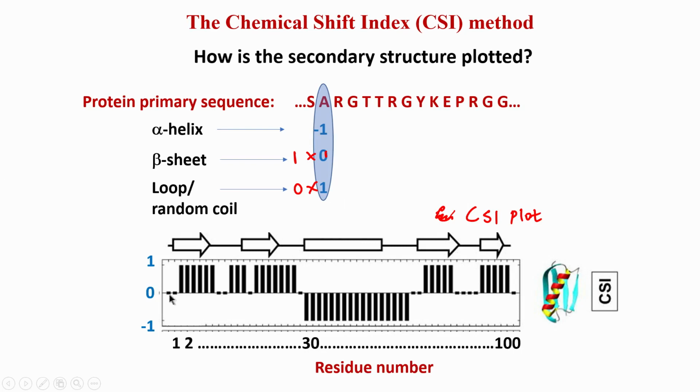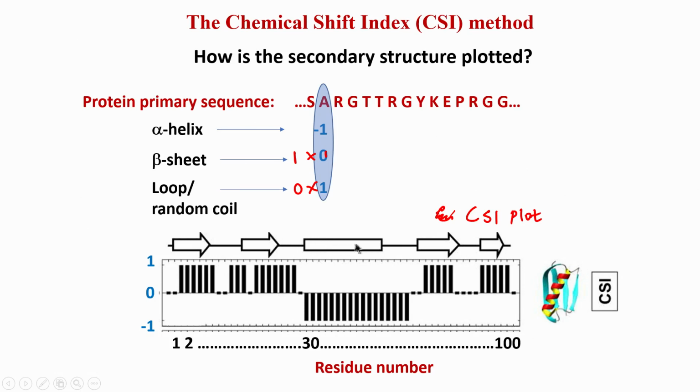If you see here, the first 2 amino acids were found to be in a random coil conformation, so it was 0 according to this. Then from the third amino acid onwards continuously they were found to be in beta strand, beta sheet. So, they were given 1, 1, 1 for everybody, shown like this in the picture form. Then again there was a short loop, random coil, then again beta strand, a short one, and beta strand and so on.